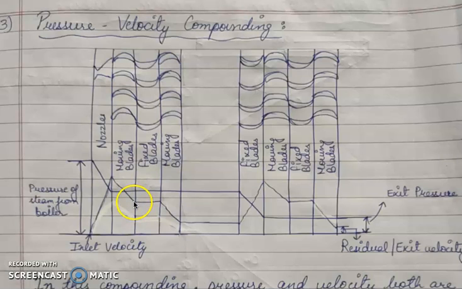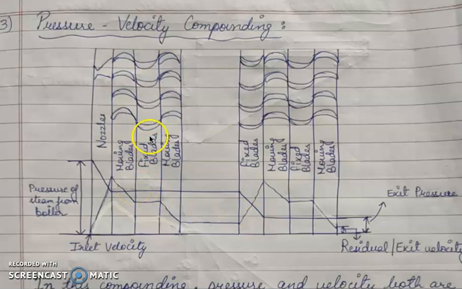So this is the first set of moving blades in which some velocity or kinetic energy is used, then a fixed blade for change of direction, then another set of moving blades which uses the kinetic energy, and then another set is there in which the velocity will again increase due to this drop of pressure. Then again this velocity will be staged: first use, then pressure constant, velocity constant, and then the second use of the velocity. So inside this we can see the velocity compounding, and this pressure drop plus this pressure drop is the pressure compounding. Hence the pressure and velocity compoundings are combined, and this is known as pressure velocity compounding.